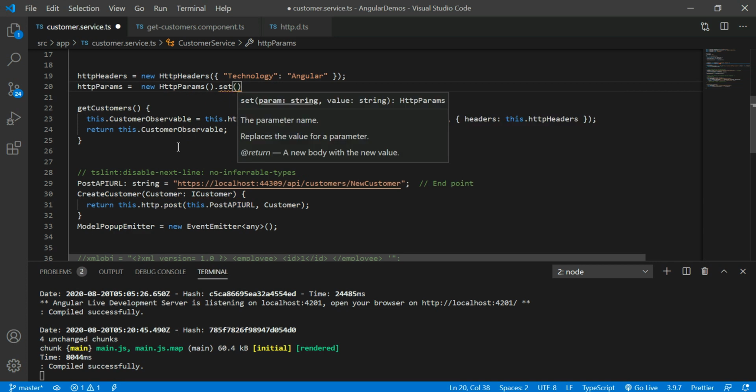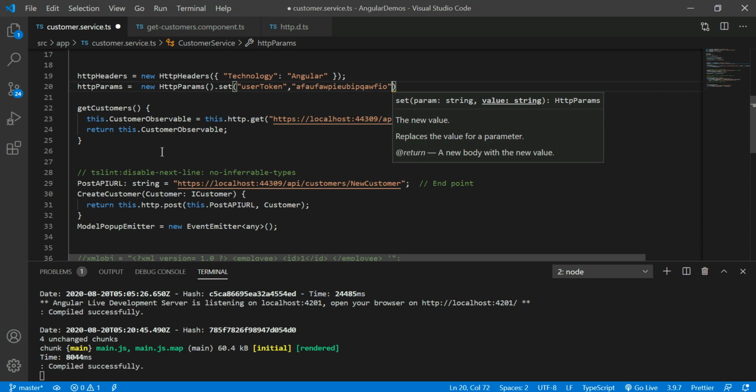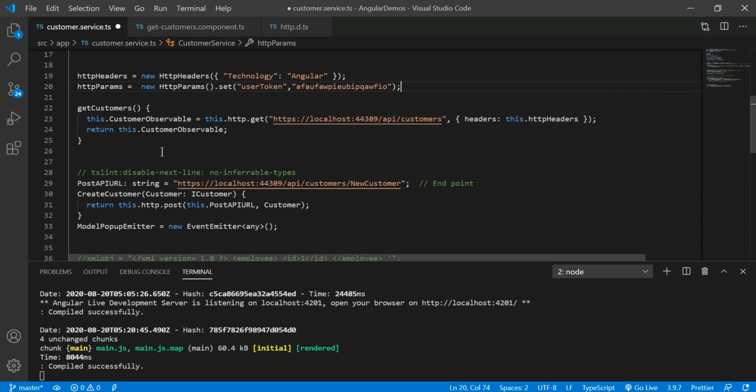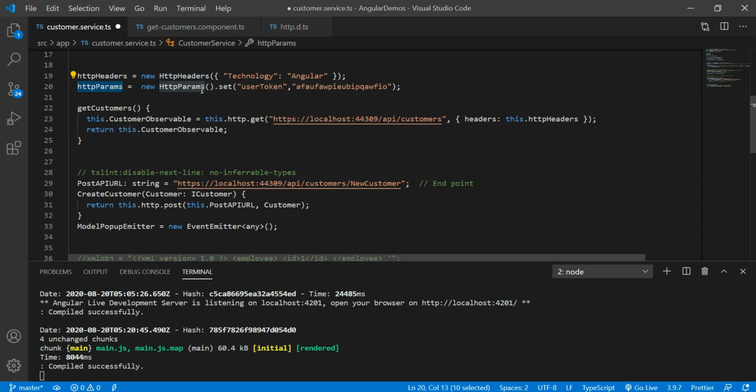So right now I am writing user token. If you wanted to append multiple parameters, you can append multiple parameters also, any extra information to existing parameters.